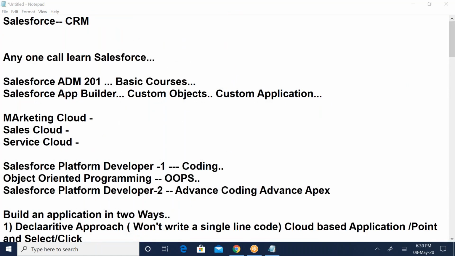So here, marketing, sales, and service cloud. Since I have been a marketer for the past 4, 5 years, my career has been that of a marketer. So after administration, when it comes to the cloud courses, marketing, sales, or service,